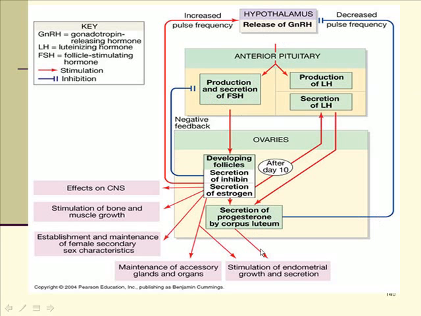So, two differences. And then the stimulation and its effects on the central nervous system, bones, muscle growth, establishment and maintenance of female secondary sexual characteristics, maintenance of accessory glands, and stimulation of endometrial growth. So if you know those two tables, you'd be able to answer any hormone question, primarily where the hormones are produced, and simply, elementary, what a basic effect would be on the targeted organs, whether that's the testicles or the ovaries. So those two illustrations, and I